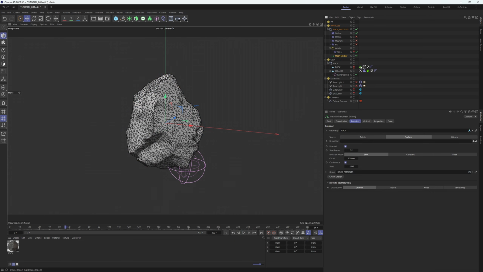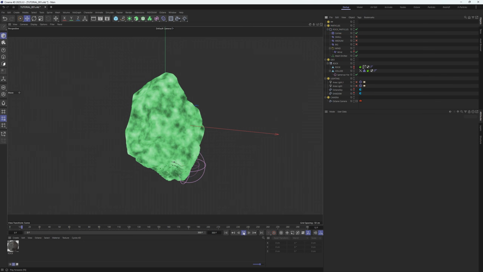So come back to the emitter, turn that on. I'm going to leave the turbulences off right now, and we have this cool effect. So I'm going to make a save. Now there's a couple more things we have to do before we can cache this and before we can do